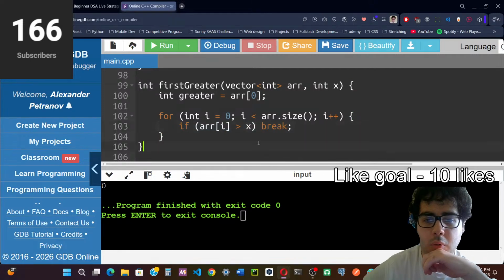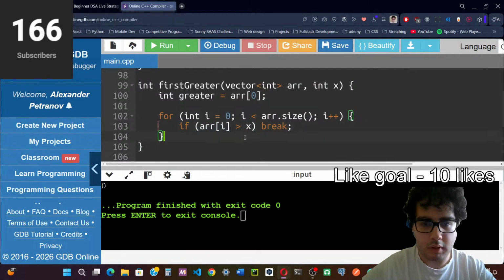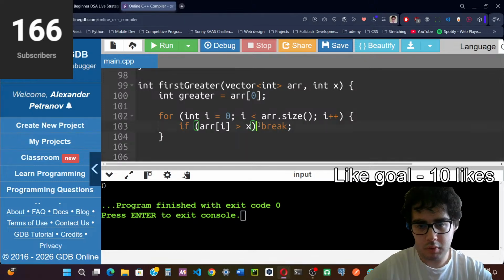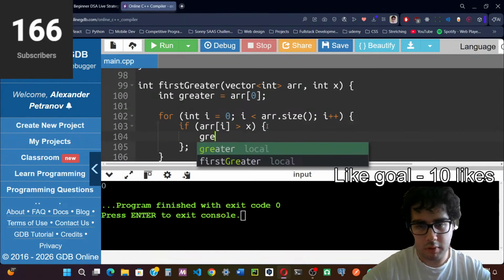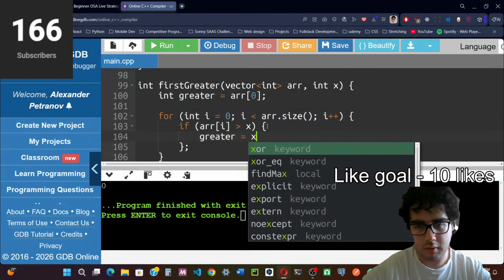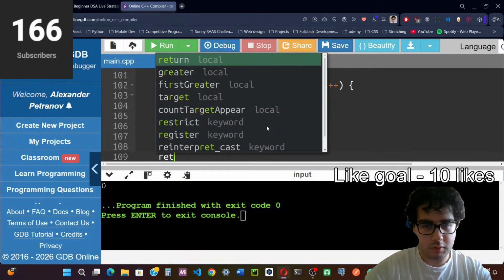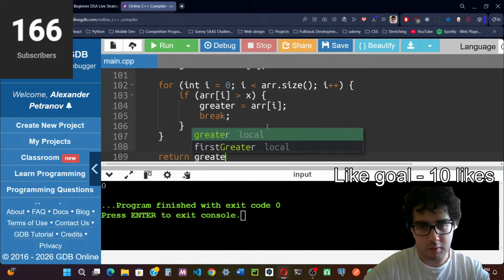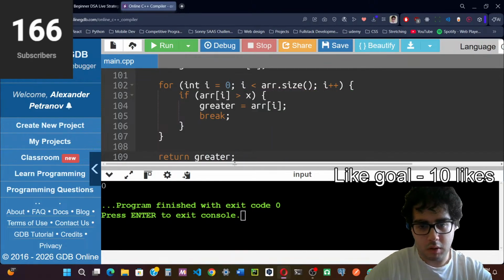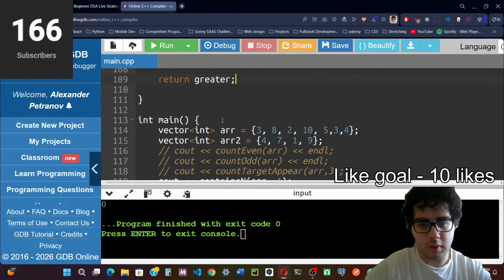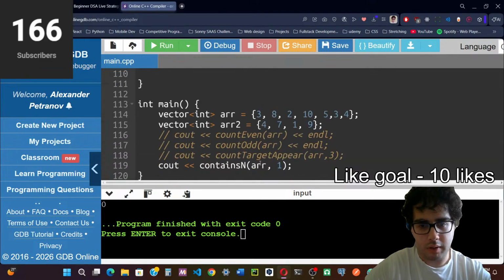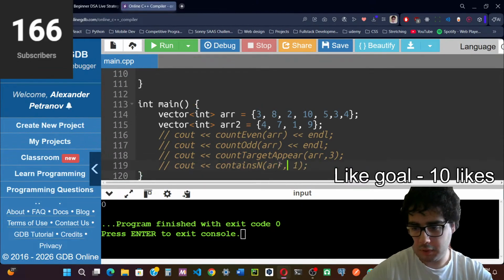Okay. So, and then we're going to let greater be equal to array of I and then break, and then we're going to return greater. All right, and this should give, okay, actually this is not gonna give anything because I haven't